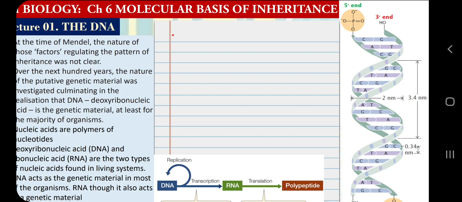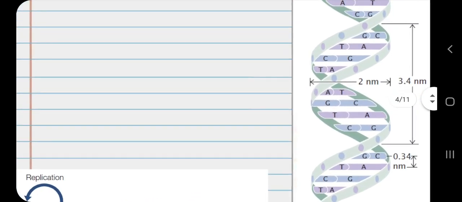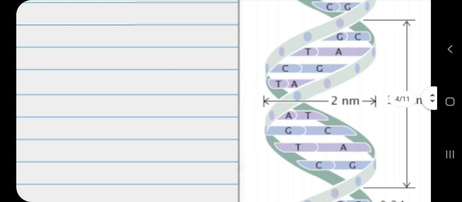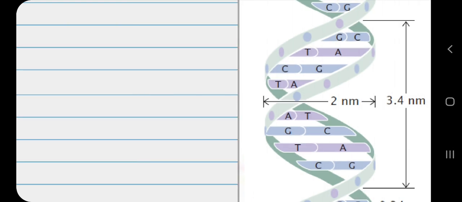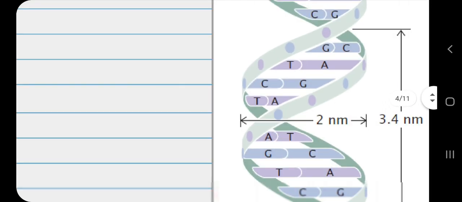Here this ribbon which is going like this represents the sugar and phosphate backbone. I will describe the detailed structure later in the slides. And these stair-like structures represent the nitrogenous bases, and when I mention the names like adenine, guanine, thymine and cytosine, you can correlate them with these symbols.